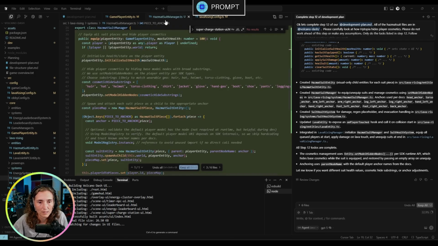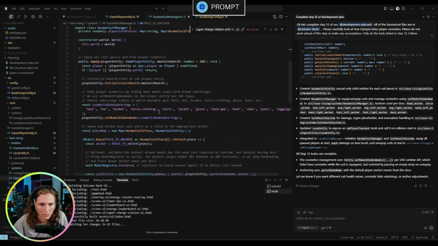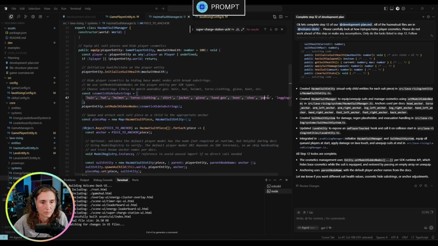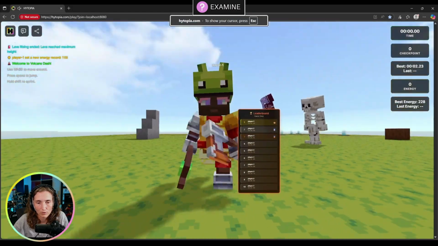I'm going to go back to the suit manager. I'm just going to keep all because it's really hard to read. Literally all it should be is all. So let's go ahead and go to our examine step. And the first question is, does the code work? So let's see. I've loaded into the game